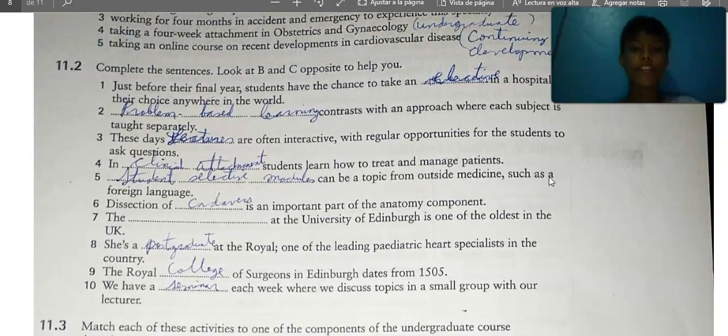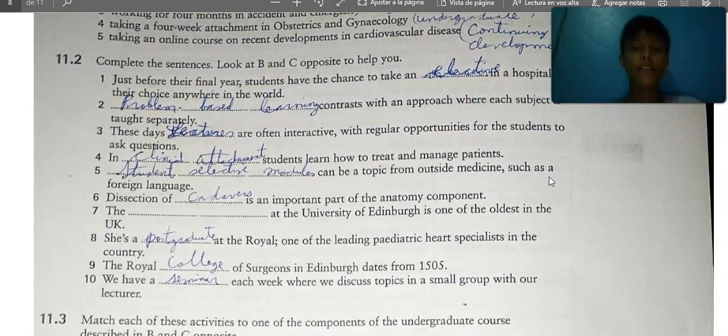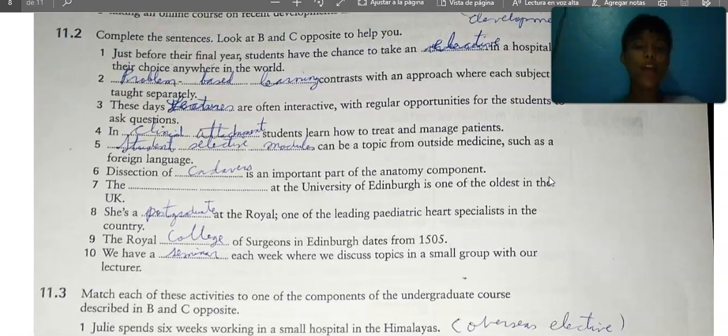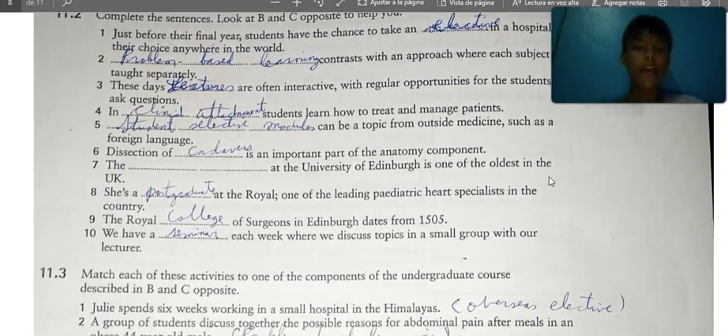Taking a 4-week attachment in obstetrics and gynecology, undergraduate. Taking an online course on recent developments in cardiovascular disease, continuing professional development. Complete the sentences. Look at B and C opposite to help you. Just before the final year, students have the chance to take an elective in a hospital of their choice anywhere